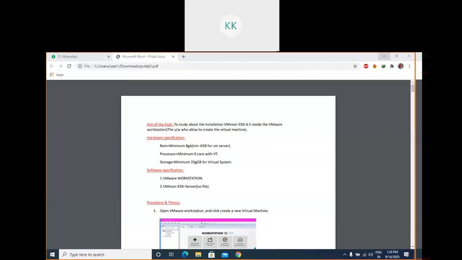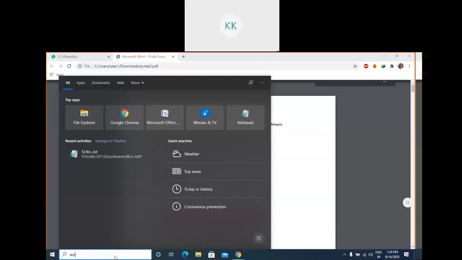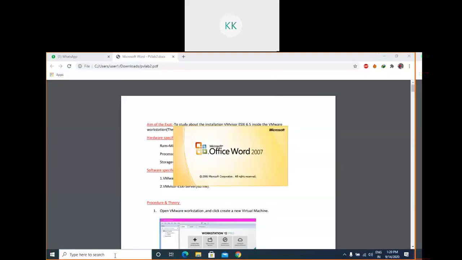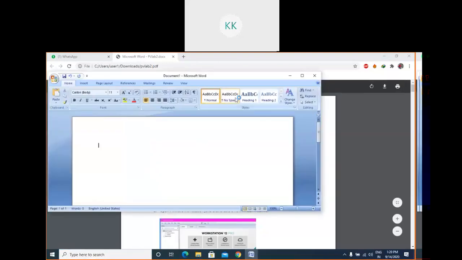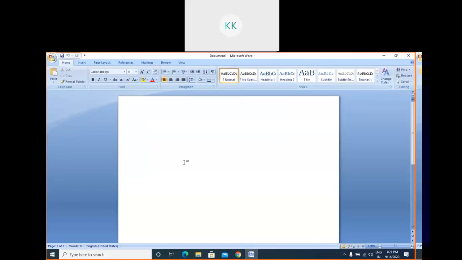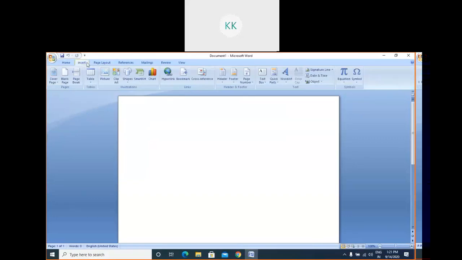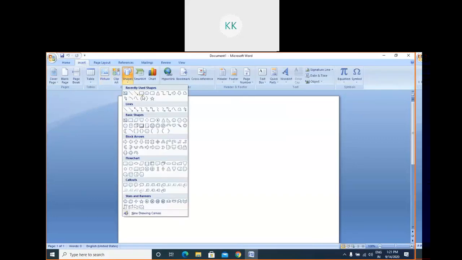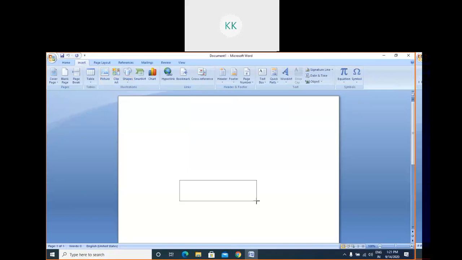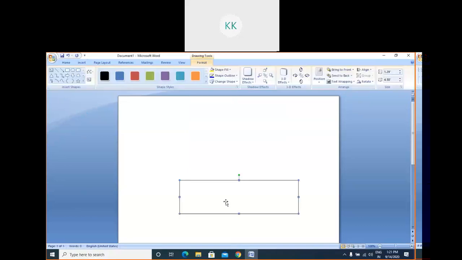Okay, so let me draw a diagram in Word so that you can visualize this, otherwise it is very difficult to get. Say suppose this is our physical machine as well as our operating system.